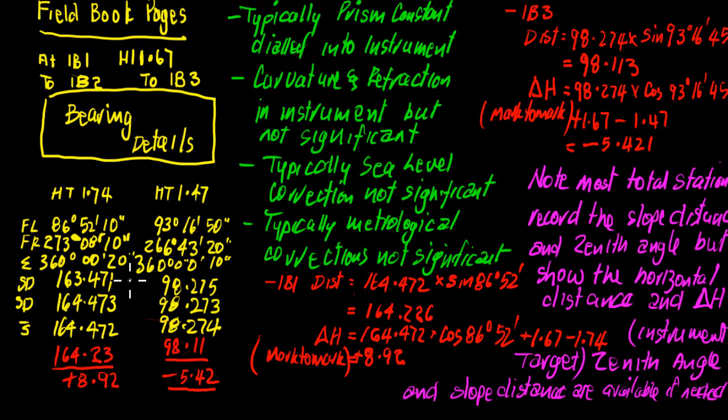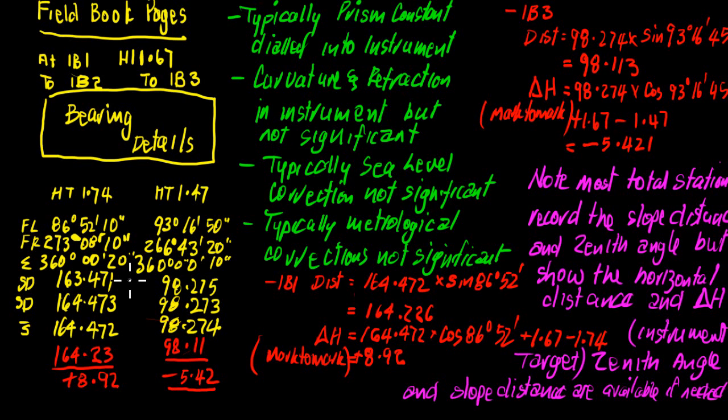273.08.10 on face right. Now what we do with these is obviously add them up, or sum them, and we should get somewhere close to 360 degrees. In this case I've got 360 degrees 00 20. Now that's all very well. What we then do is that 20 represents twice the error, so we divide it by 2, which is